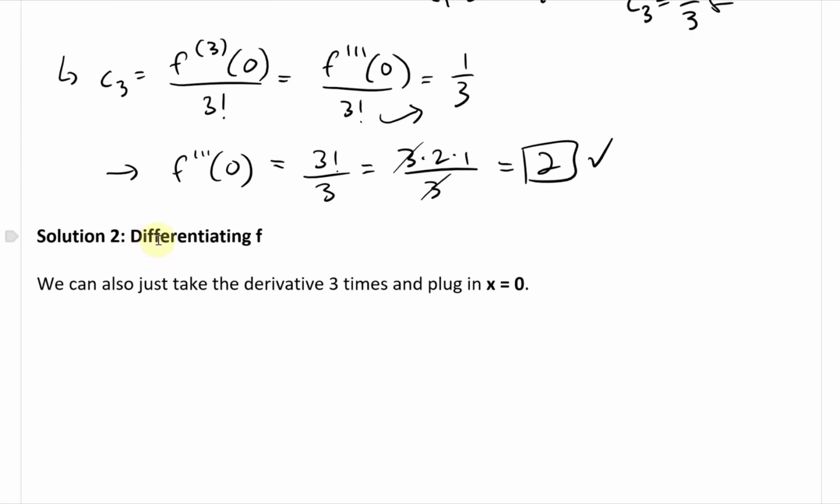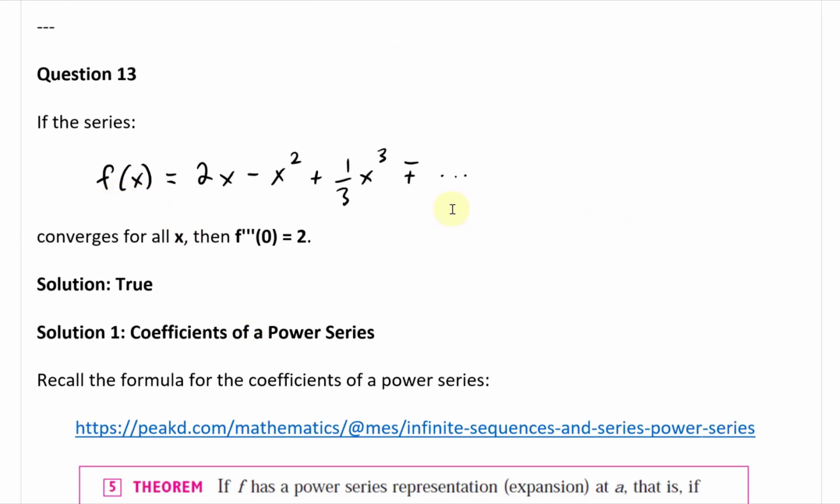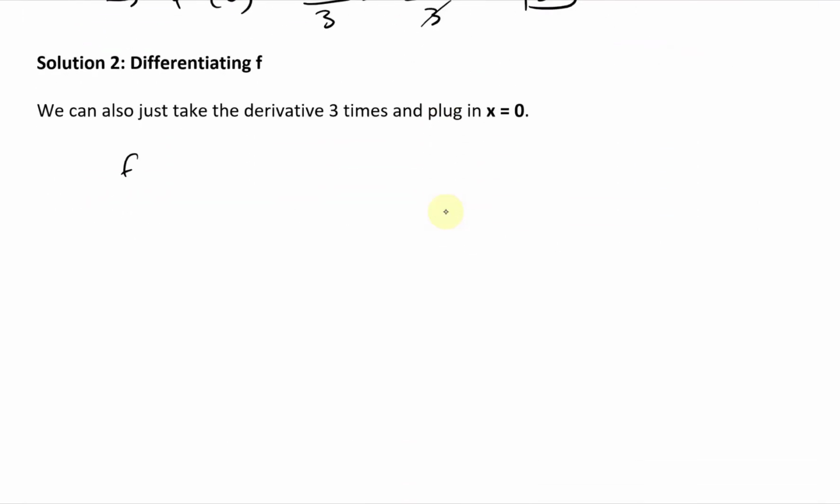So solution 2, we could just differentiate f. We could just take a derivative of f multiple times. So we can also just take the derivative 3 times and plug in x equals 0. So let's look at our f of x. So that's f of x, and let's take the derivative 3 times. So we'll start with f of x